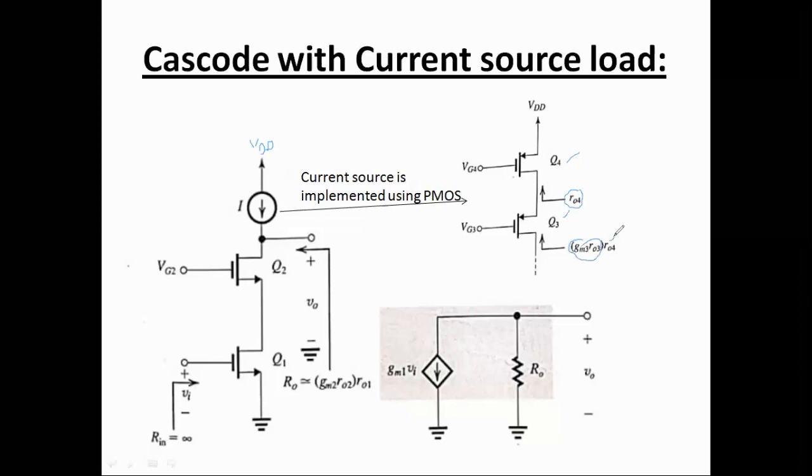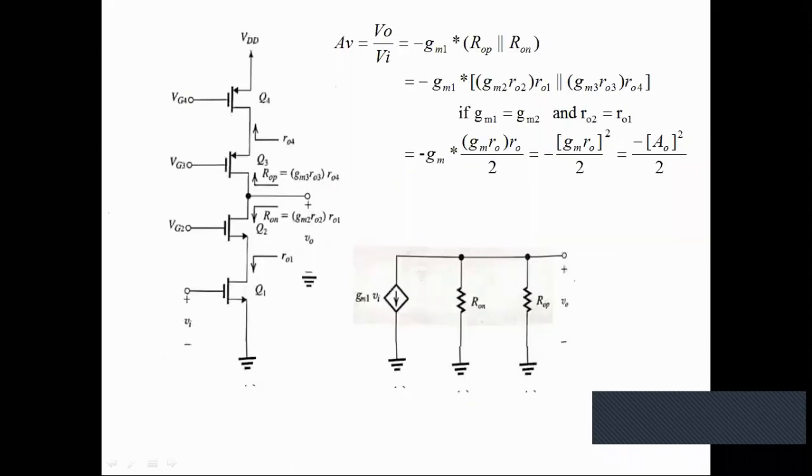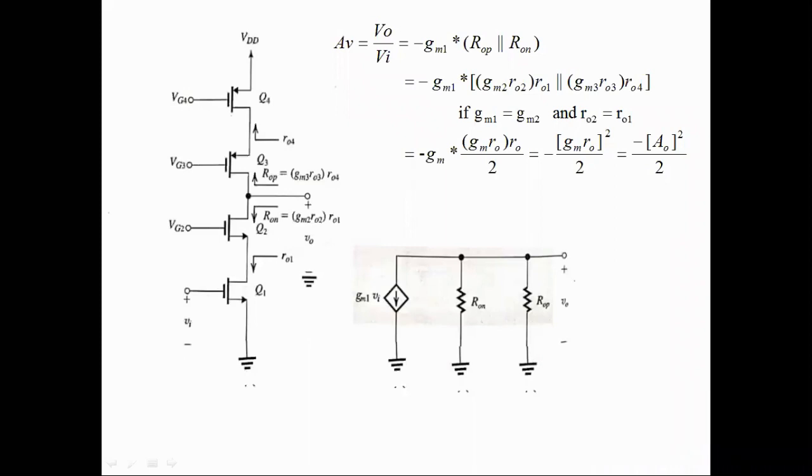Now I am going to represent its equivalent circuit, which is very simple. gm1 of Q1 times Vi, the applied voltage, is converted into current, so the input is represented like this. Then the output resistance offered by this is R0, so V0, the output voltage, is taken across R0. Let me go and see. After implementing this with PMOS, the circuit will become like this. Now let me see what the open loop voltage gain of this one is.